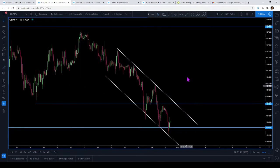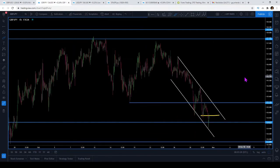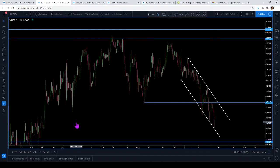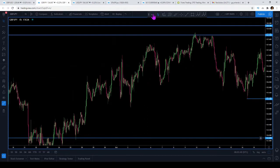So what might happen, there's a couple of scenarios that I want to discuss, right? The first scenario is just a rally to the previous broken level or the previous lows for a continuation lower, right? So this is a scenario that is not interesting to us because we're not looking to sell the pound versus the yen, right? Now let's eliminate this level, and let's use the more accurate 1-hour